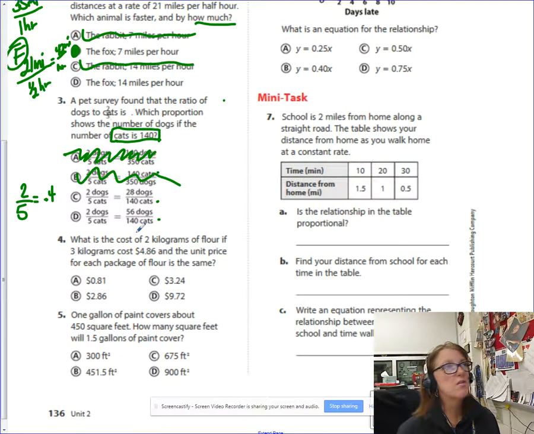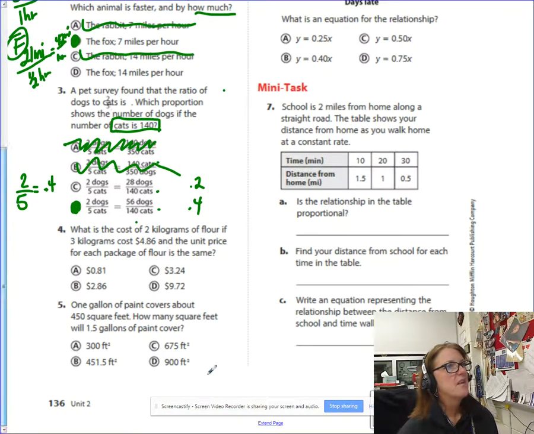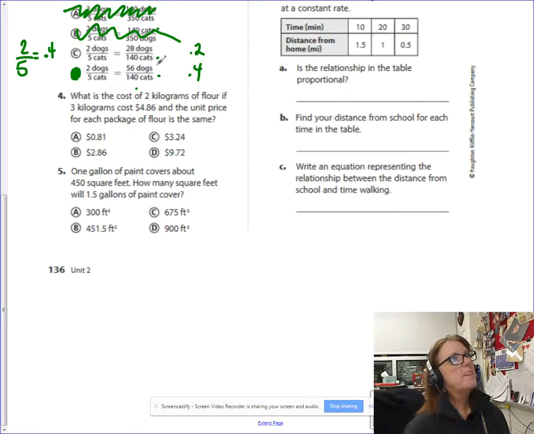Which one of those is equal to either the fraction 2/5 or turn it into the decimal 4/10? When you do each of these, you're going to find out. I think this one is 2/10. This is the one that's 4. Choose D. Number 4. What is the cost of 2 kilograms of flour if 3 kilograms of flour costs $4.86